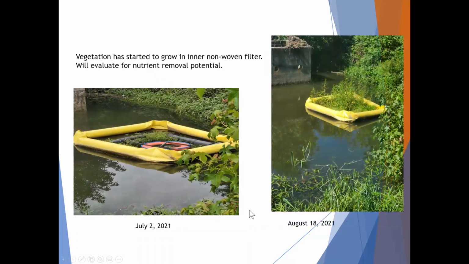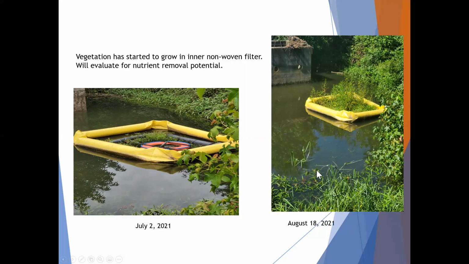One thing that we didn't expect was this summer it started to grow vegetation. So this was a photo in July, starting to see a little vegetation grow in the non-woven material. And then by August, it was sprouting pretty good. We've been monitoring this, and it has not affected our flow rate. And we are thinking that may actually help with nitrogen phosphorus removal. Not sure how much it'll get done with this fairly limited contact time, but it could